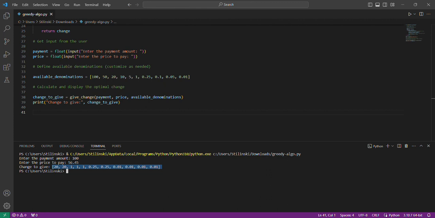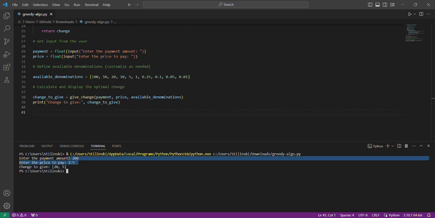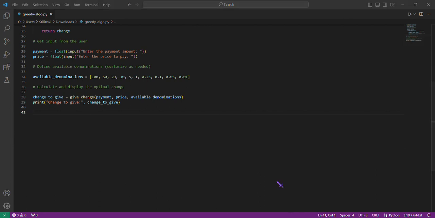So you can see it's running. And lastly, 200 pesos. It is exact, so there's no decimal; it is the exact amount.